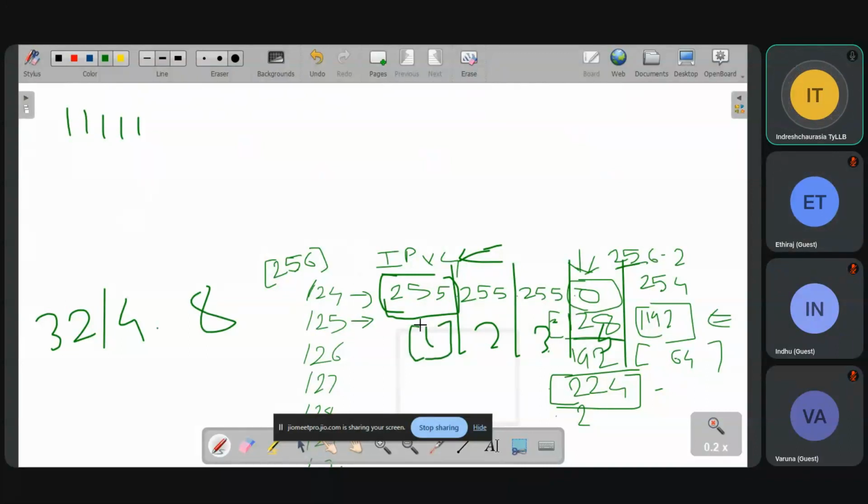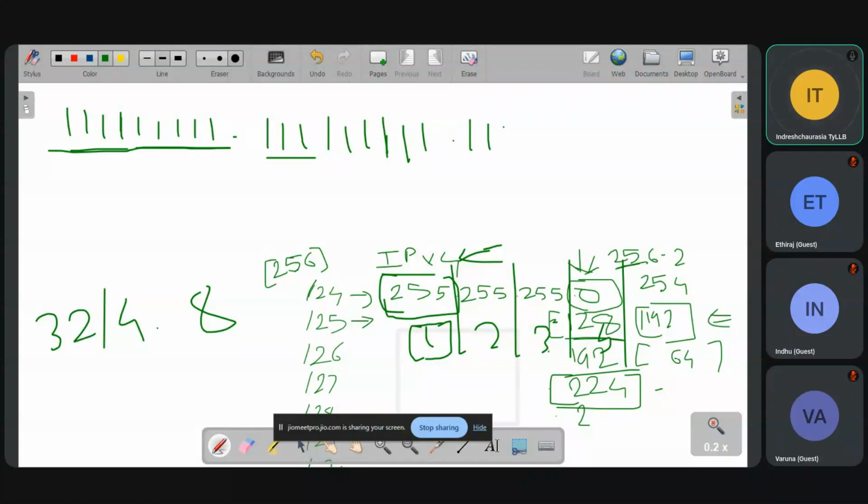Here, for the starting number, if I put everything as 0, it is 0. For the last one, everything is 1: 1, 1, 1, 1, 1, 1, 1, 1, 8 times. Then a dot, and 0000, 8 times 0.